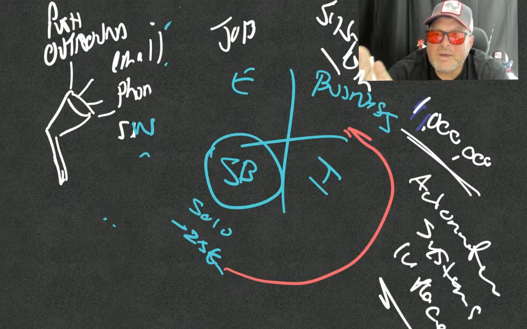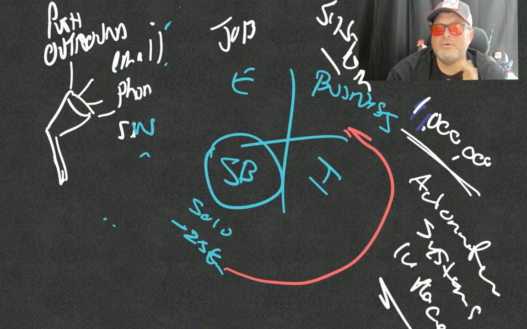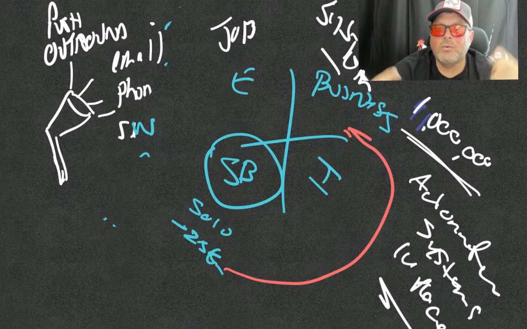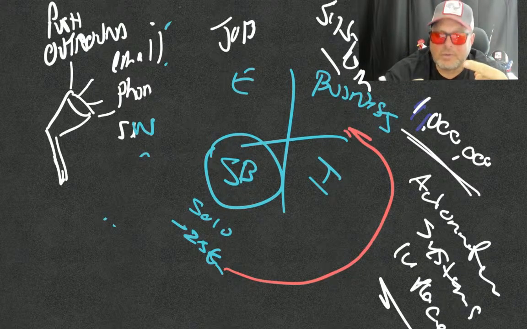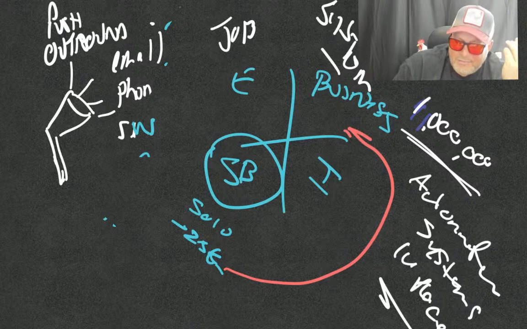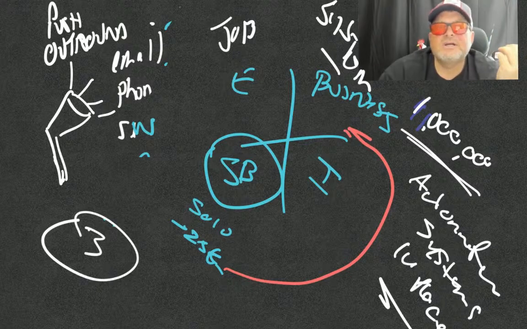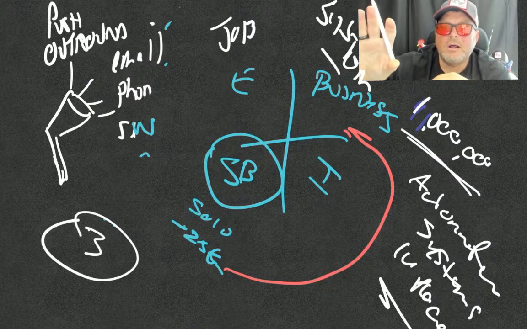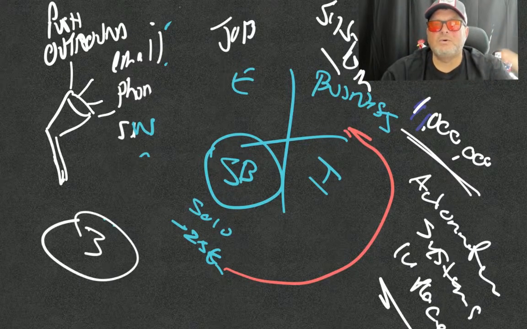Remember, you want to have an inbound or a pull, and an outbound or a push system. And they work harmoniously together, right? And then you want to have the third piece, which I'm going to get to in the next video. So you have your inbound, you have your outbound, and then you need a third